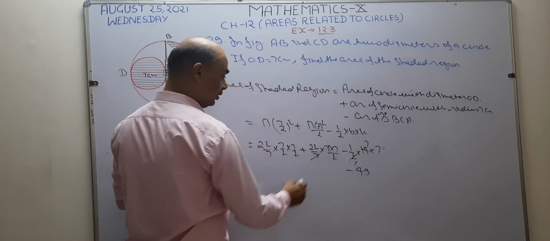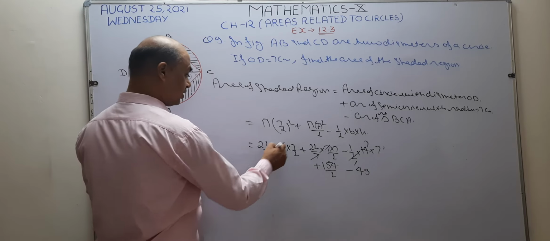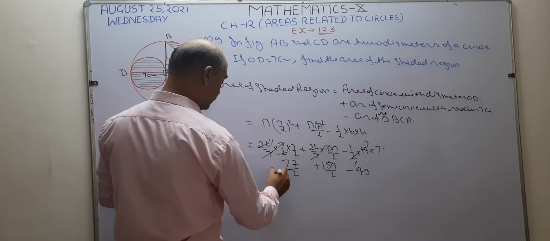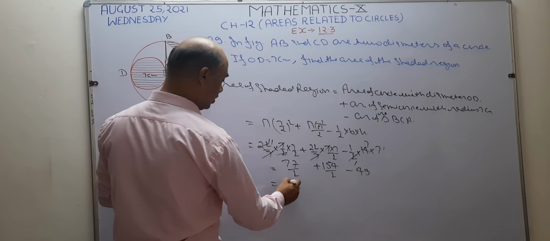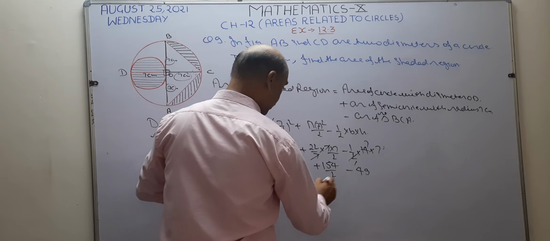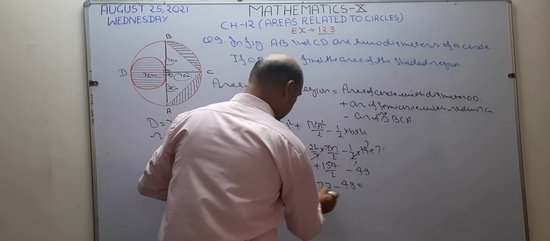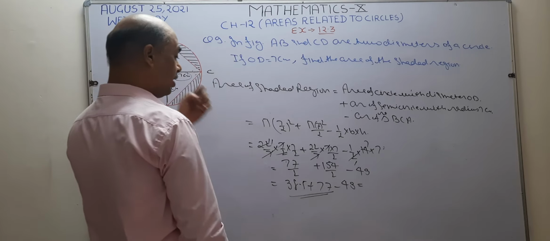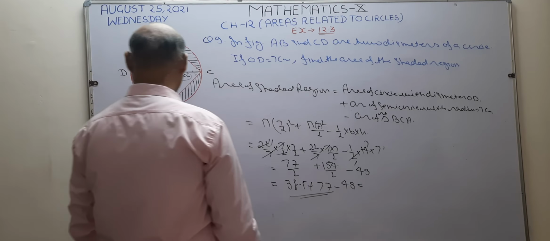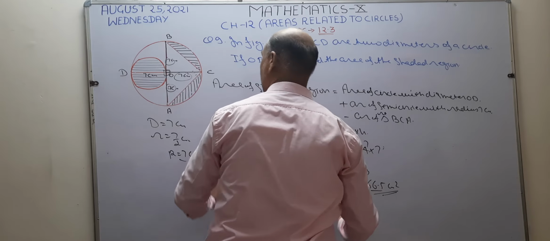7 is going to cancel 7. So this becomes 154/2. After that, this 7 is cancelled with 7. So this becomes 77/2. This becomes 2 threes are 6, 2 eights are 16, point 5. 2 sevens are 14 and 2 sevens are 14. So this is going to cancel, minus 49. Okay. When you add this 77 in 38.5 and subtract this 49 from the value, you get the answer 66.5 centimeter square. So this is your answer.